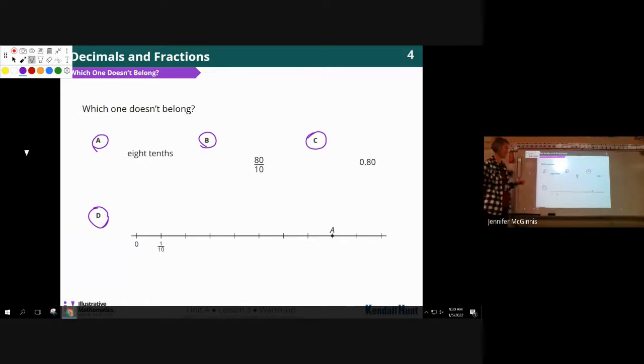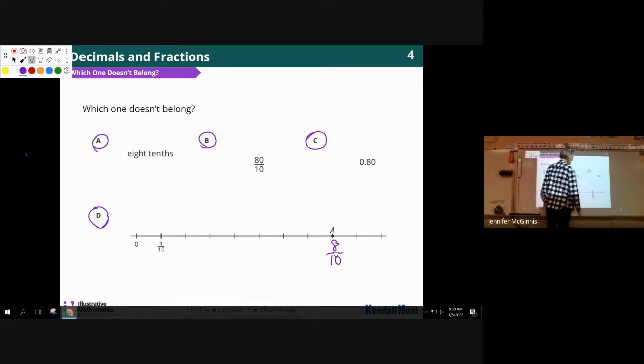What else is special about B? Riley? It's 80 instead of 8, and if you use hundreds, that would be 800. Okay. Lucia, what else? It's over one whole. What else, Micah? It's a fraction. It's the only one that's a fraction. What else, Caden? That's what I was about to say, that A, C, and D actually belong. Why? Because they're all the same. The same what? Like, 8/10 go to A, so does 80. When it goes to A,